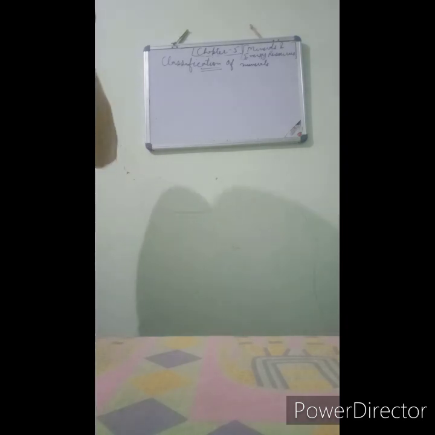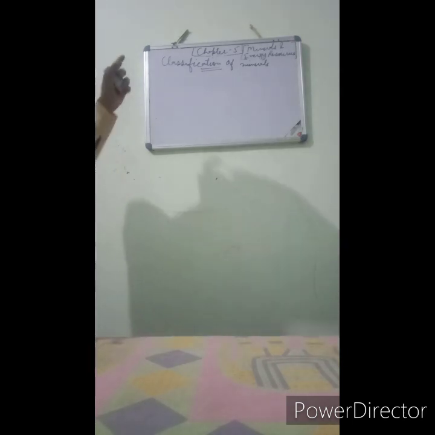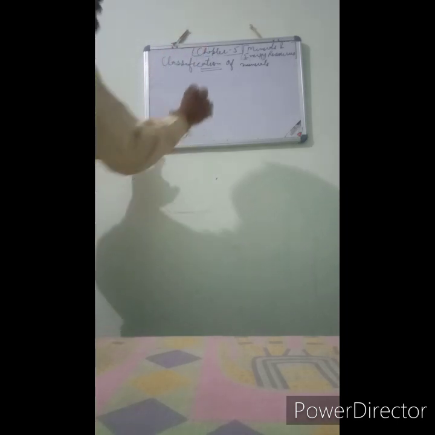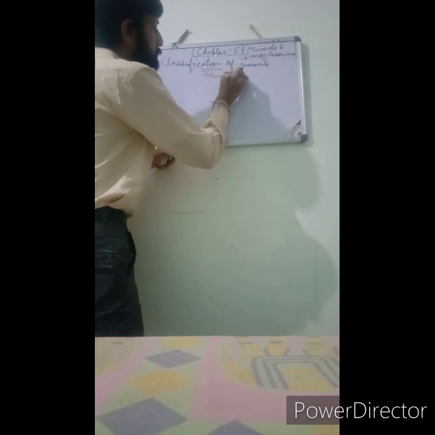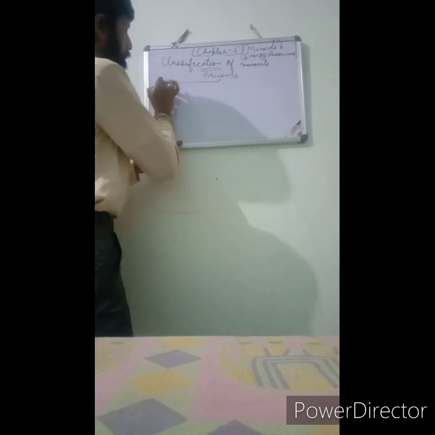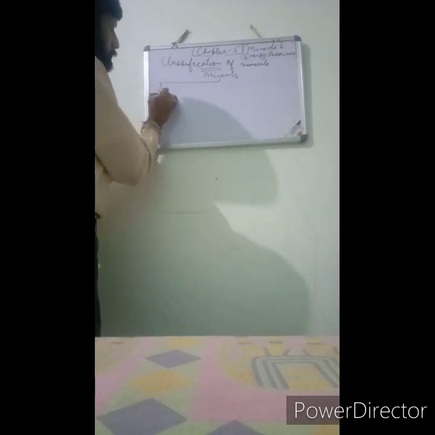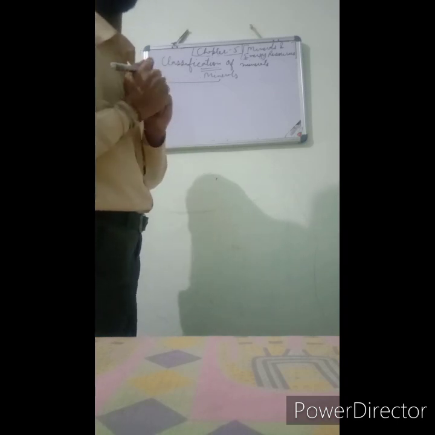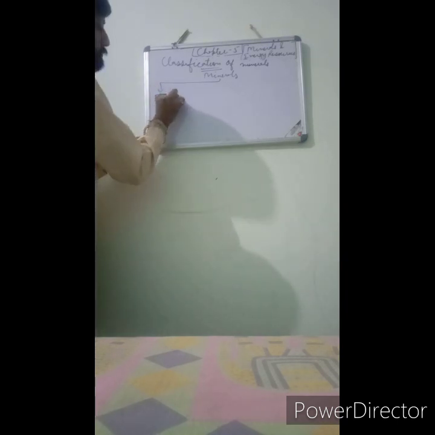Now students, please take the chart in your books. The proper table is given in your books. So please take that table also. You can see in the table that the classification of minerals is given there. So when we classify the minerals, we can divide these into following parts. First of all, students, these are ferrous, non-ferrous, and precious minerals. Please write down ferrous,